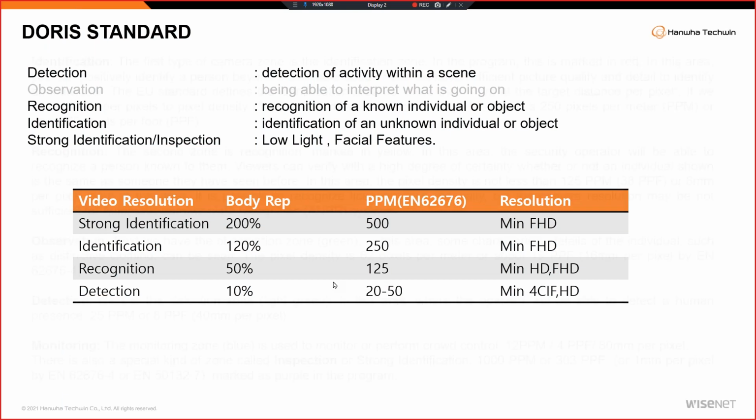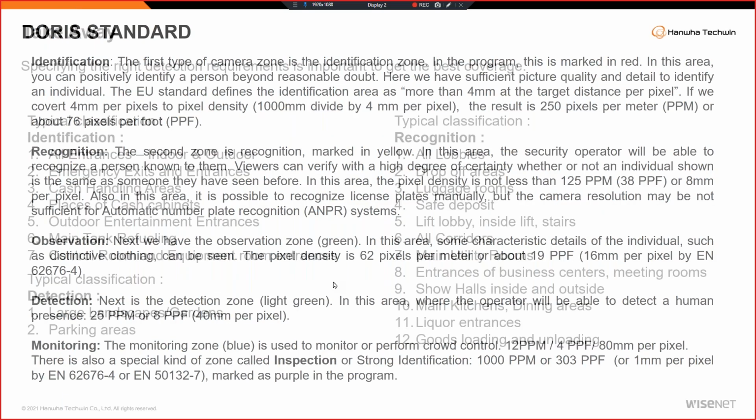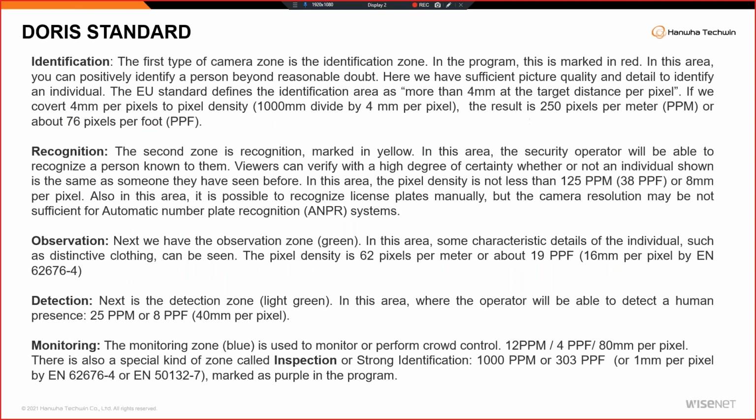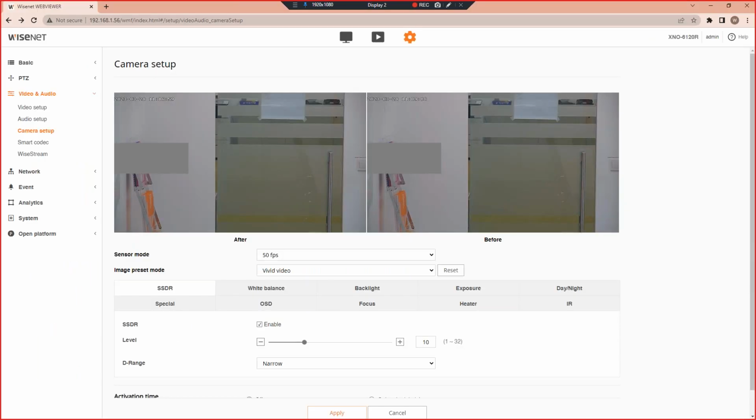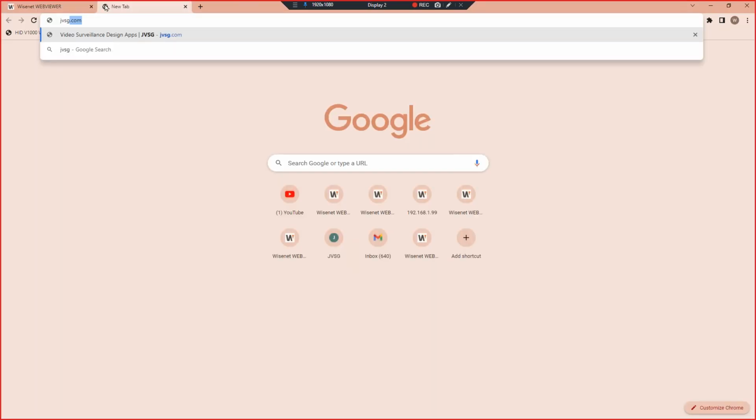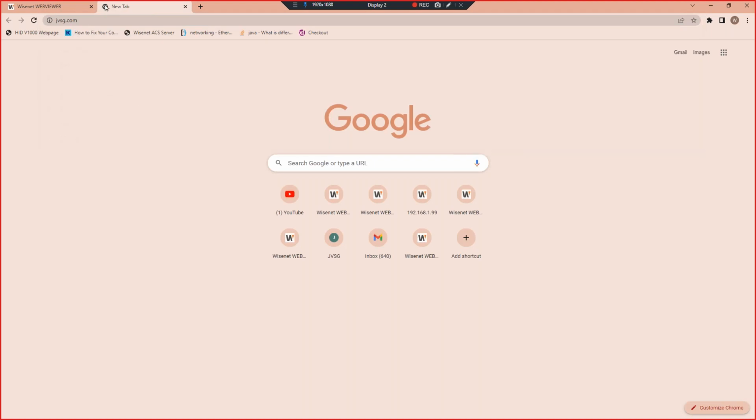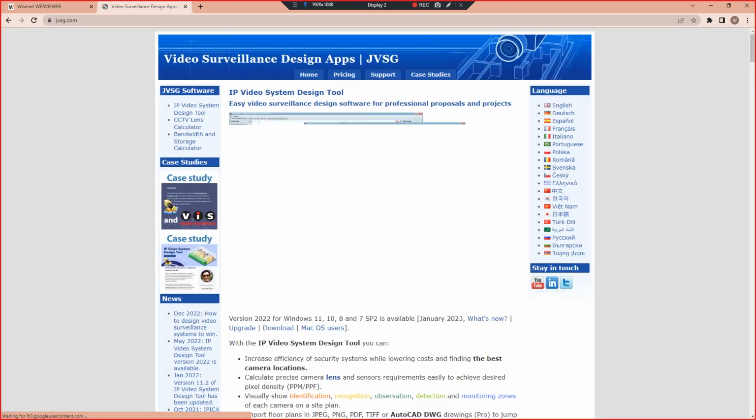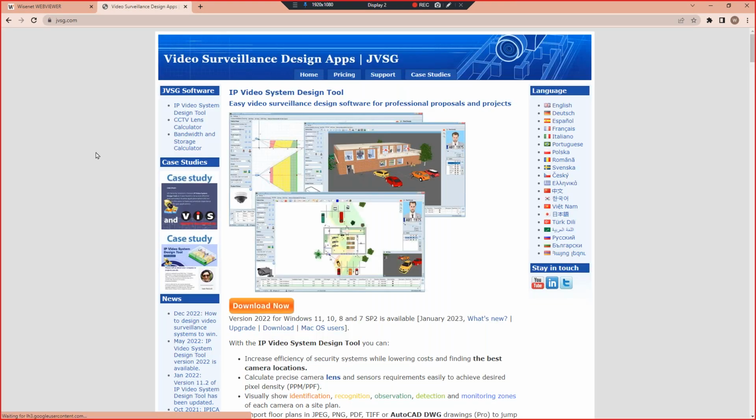Okay, so yesterday we saw how to do the design drawing using our Wisenet tool. Today, let me show you there is also a third-party tool. I believe it is a paid tool, but it is commonly used. I have been using this for over 10 years. Back then, it used to be very affordable. Now they have increased the price, but they have a free version, which you can